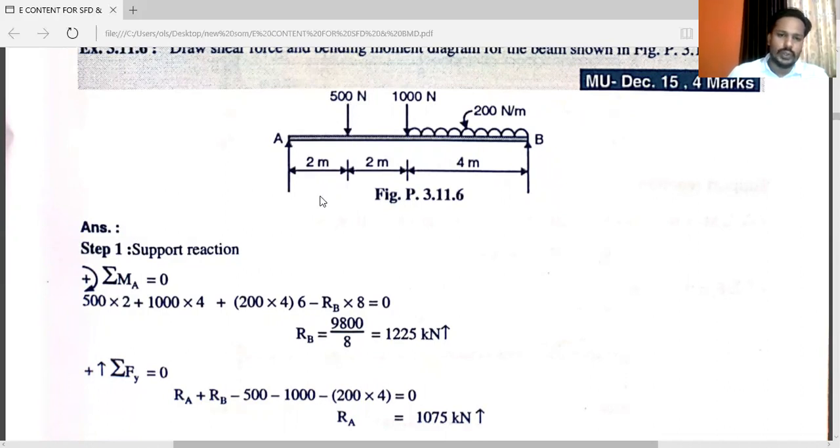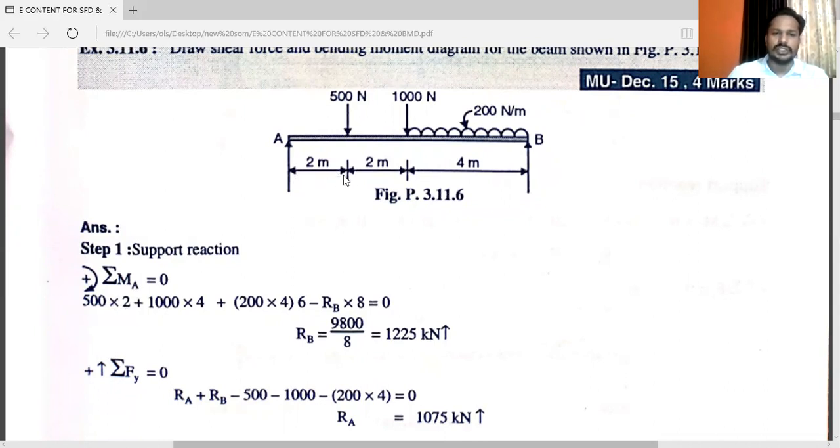So it will move in the clockwise direction about A. See the cursor movement. So clockwise, so positive 500 into perpendicular distance,